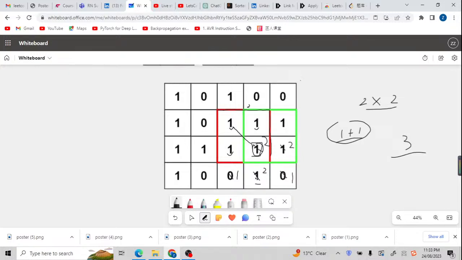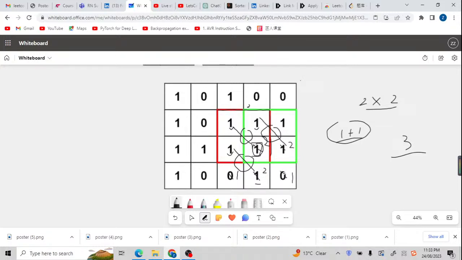So this number 2 means from here to here it can become a square, and this other number 2 means from the bottom to the top it can become a square. So if this area is a square, and this area is also a square, and this area is also a square,